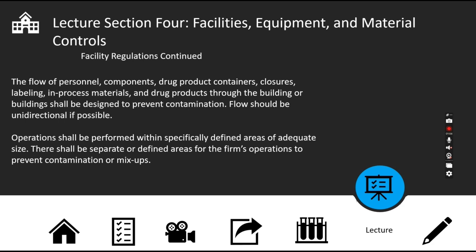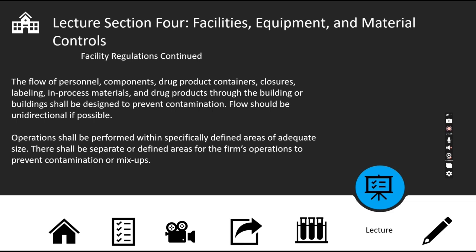The flow of personnel should be unidirectional if possible, and everything shall be of adequate size to prevent contaminations or mix-ups. And also, you need to have separate or defined areas. One particular company I worked at, when you went into the production area, you had one production area for solution prep. Solution prep was done there. There was another production area for the filling of vials. You would never switch those rooms,